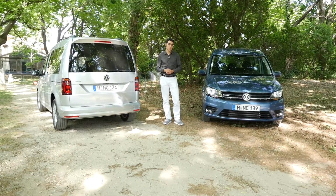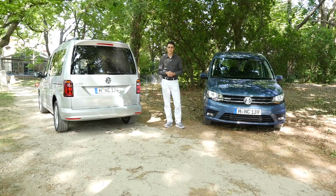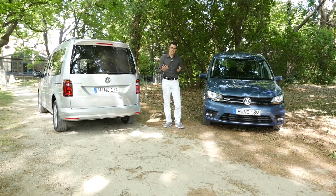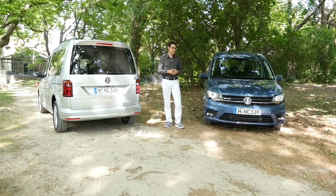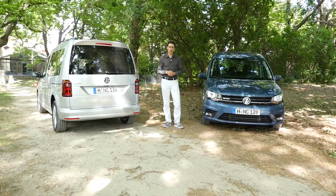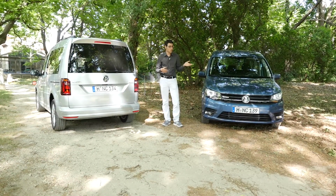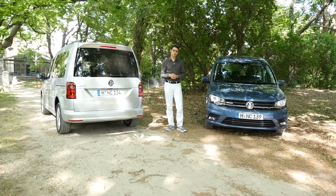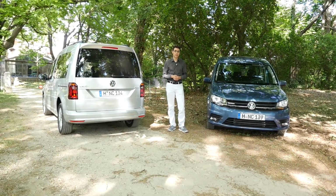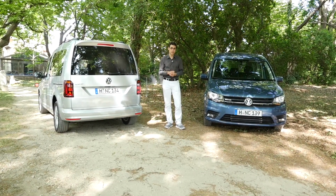So I want to hear your comments about the car, because from my side I was quite satisfied. I still don't like the design, that's just my opinion, but I think I'm not alone with that one. But this car is really more about what it's delivering on the inside, and there it delivers a lot for the money, because it's way cheaper than, for example, the Volkswagen Transporter, but still offers a lot of space. So again, waiting for your comments and your thoughts on the car, on the different variants, which one you would maybe go for,